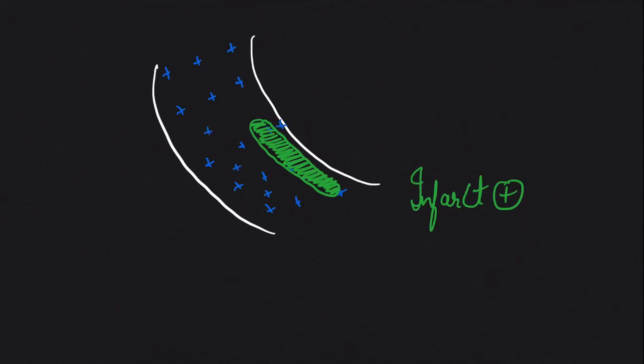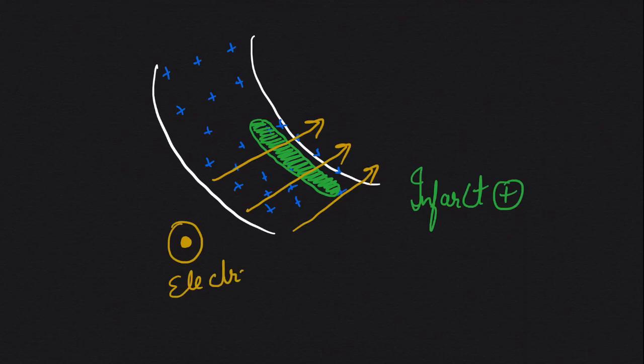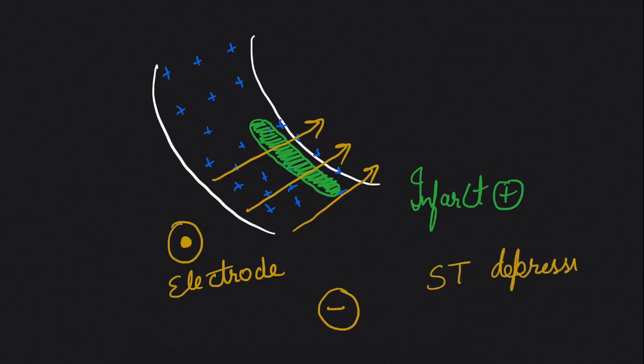Now if you see, there is again a positive strip on the inside, but the potential on the outside is way more. The positive sign on the outside of the infarct is way more. So the potential difference from positive to that side will overpower the other one. Now that current will flow from the main potential, like higher potential positive sign, to lower positive signs. Now the direction of the current is away from the electrode. It will produce ST depression.